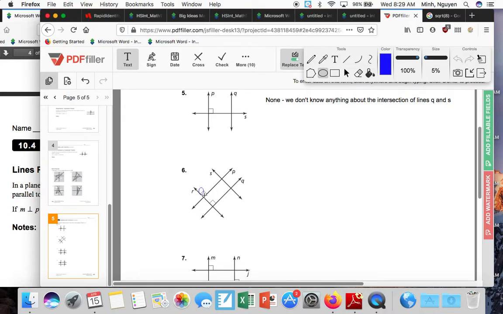So since these angles are the same, and they are corresponding, then what lines are parallel? Well, the lines that are related are P and Q. Again, we cannot say anything about R and S because we don't know anything about these, so it's useless. So we can go ahead and say, P and Q are parallel by the